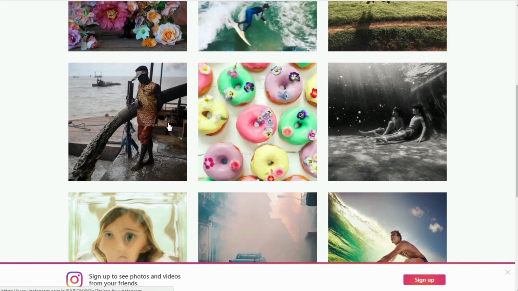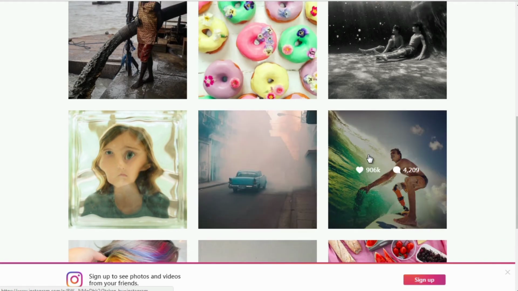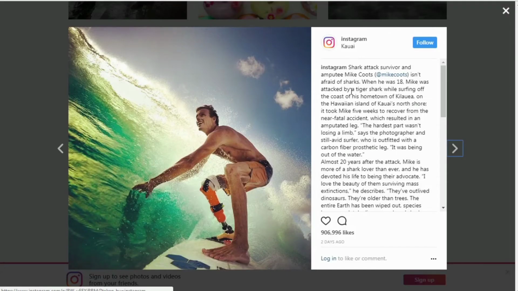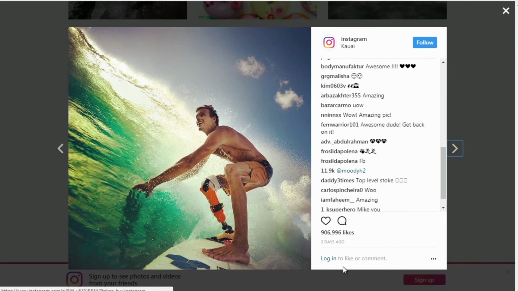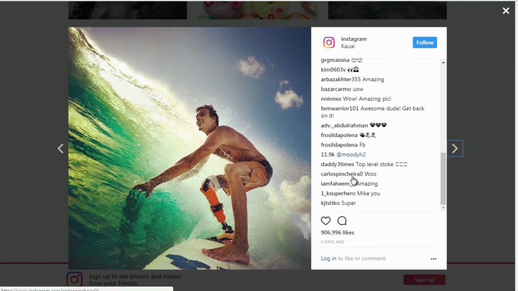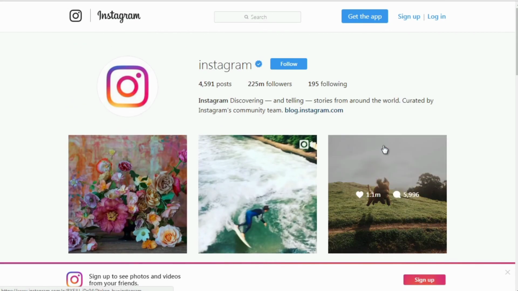So if I take a look at some of these images, let's say this one here, you'll see that it has a lot of text. You got hashtags, so you could use hashtags as a means to direct people to a certain place, but you can't really enter a URL in here. So that's why that one URL has to be used wisely.